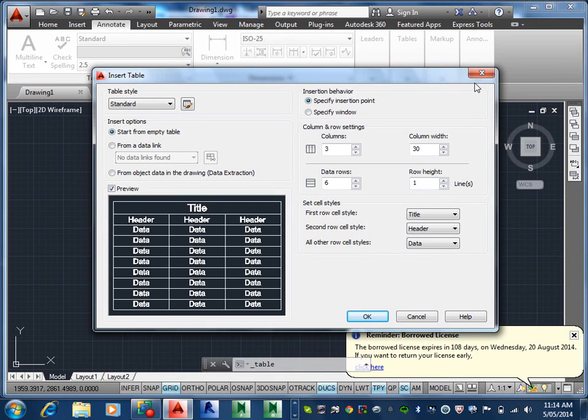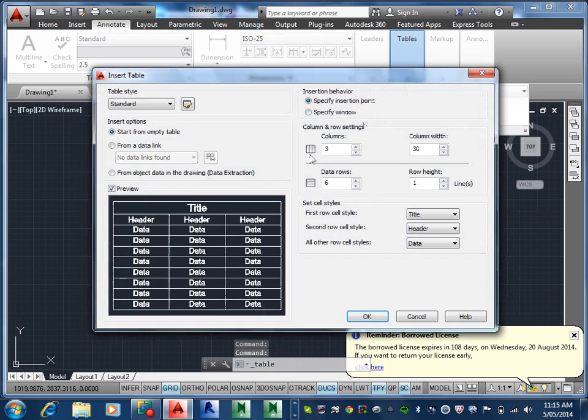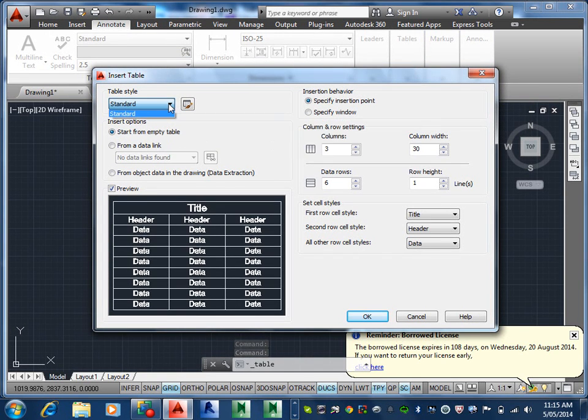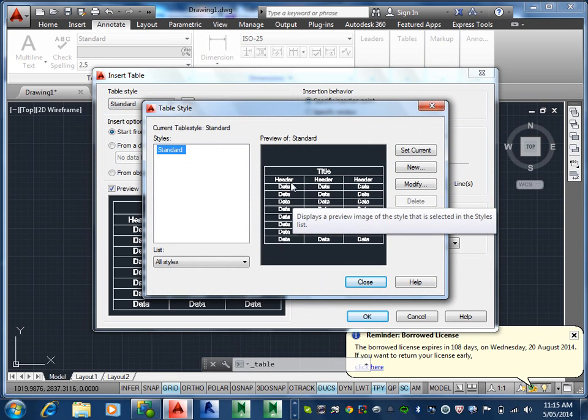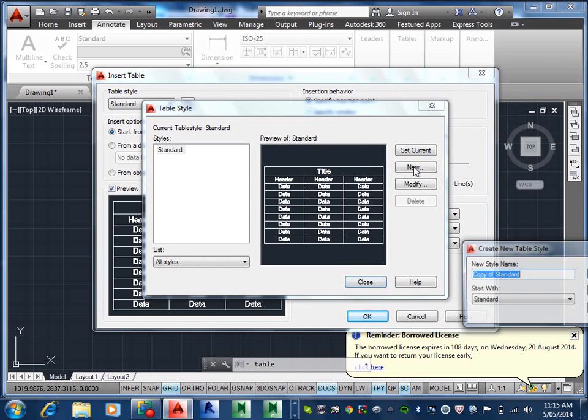Okay, so I'll run through how to do a table, and then you can have a look at it later when you're ready. Basically, under Annotate, there's Tables. Click Table, and there are options in here. There's a standard table style there. I would just change it, so if we're creating an item list, I'll make a new one here,